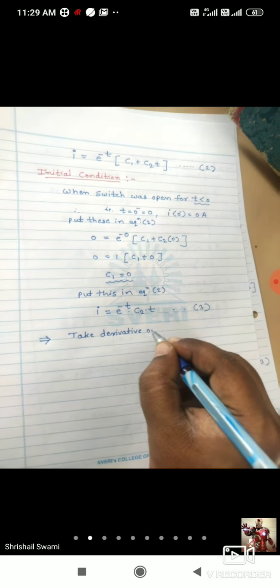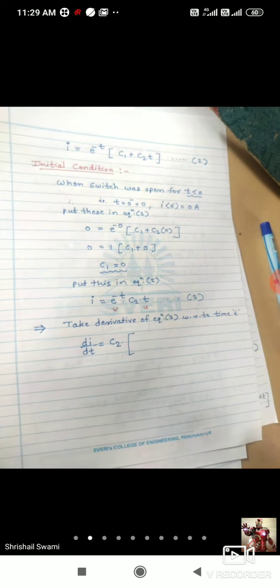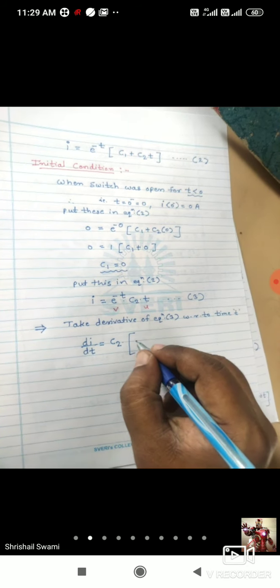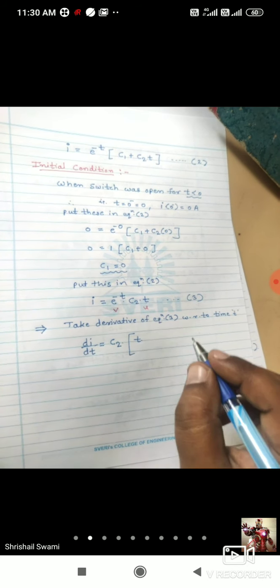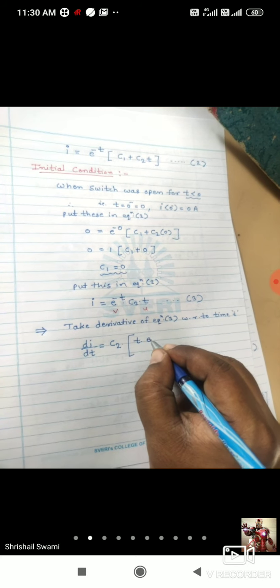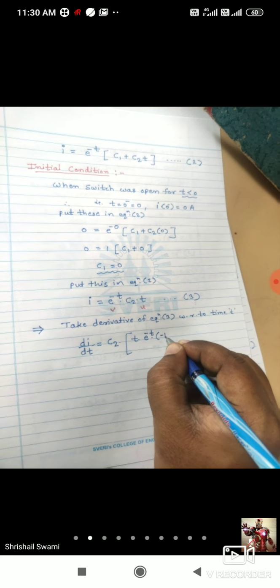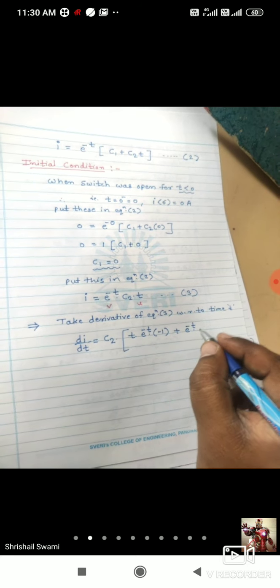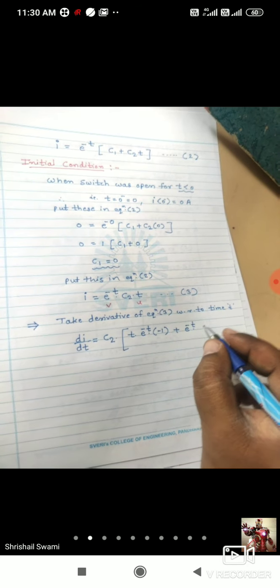आता t इंटू e raised to minus t त्याचं डेरिव्हेशन घ्यायचं आहे. सो यू कॅन यूज UV rule. This is u, this is v. Okay, so use the UV rule. You take u as it is, t, into derivation of v with respect to t, that is e raised to minus t into minus 1, plus e raised to minus t as it is ठेवायचा. आता v term as it is ठेवायचा. Take the derivation of u term. So derivation of t with respect to t is 1.